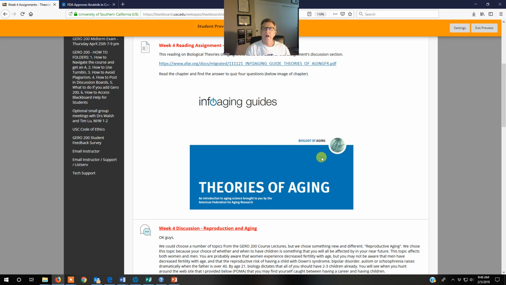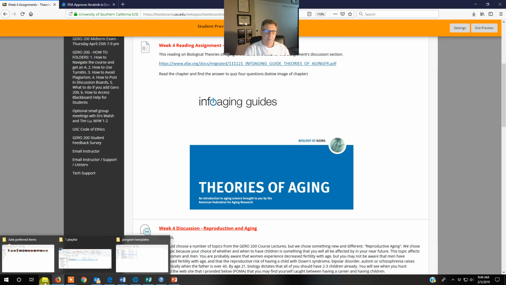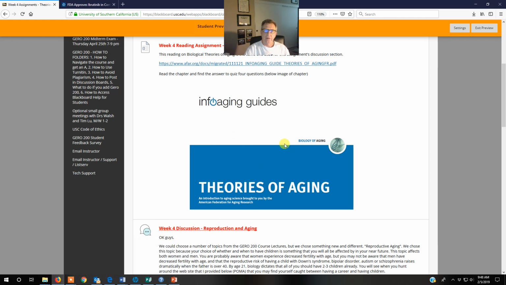So in the subsequent weeks we're going to launch into cancer and diabetes and heart disease, the three major causes of sickness, also called morbidity, and death, called mortality, in our country and in countries all across the world. Okay, so we can highlight some of the key ideas we're talking about here in the theories of aging.